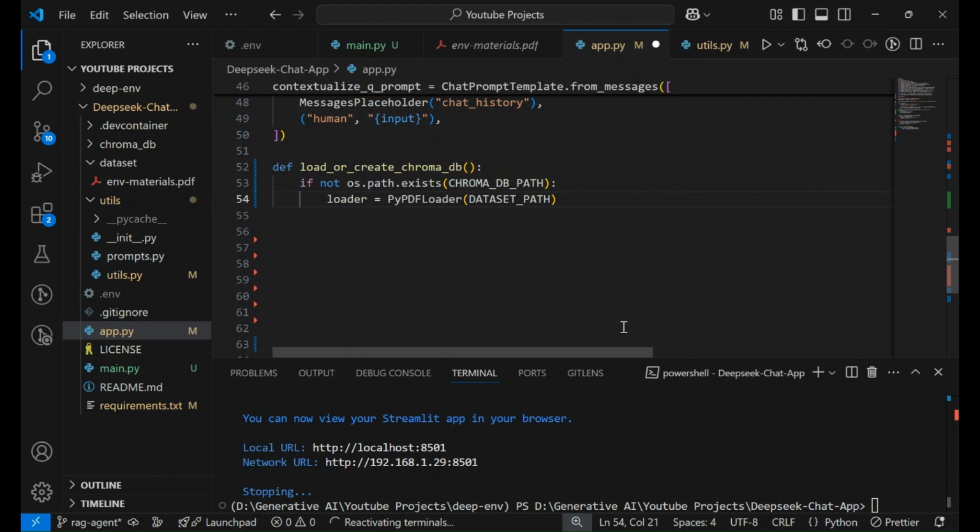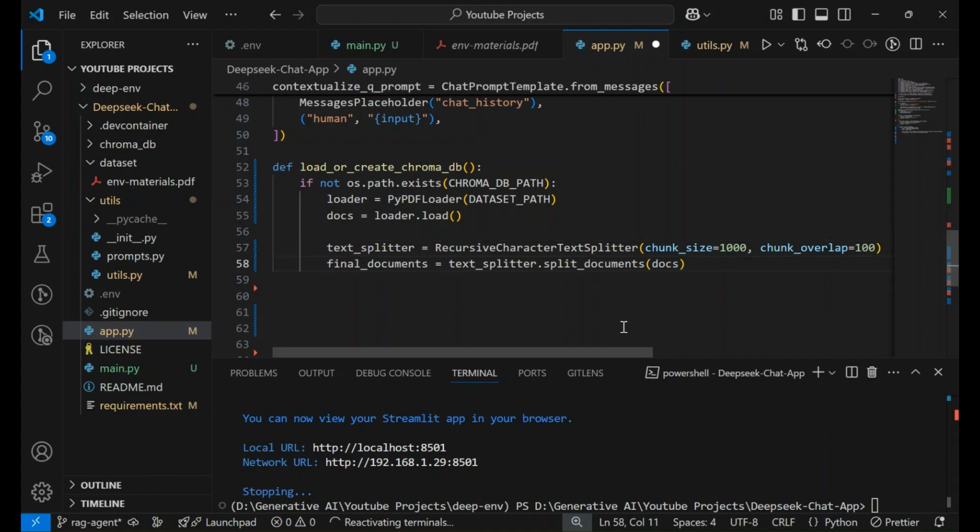First one is that we need to load all the PDFs from the provided dataset path. Then we need to create a text splitter with the help of RecursiveCharacterTextSplitter, where each chunk size is 1000 characters and chunk overlap is 100 characters. Now, what we are doing is that in the docs, we have the entire context which we loaded from PDFs. Now we are dividing the entire documents into small chunks of documents where each document has 1,000